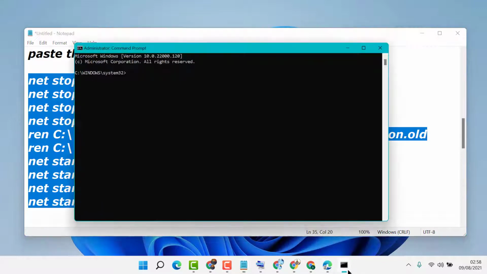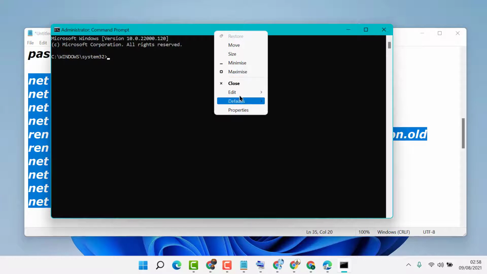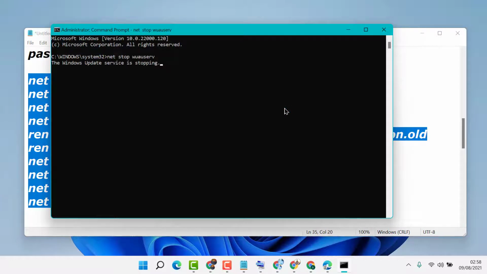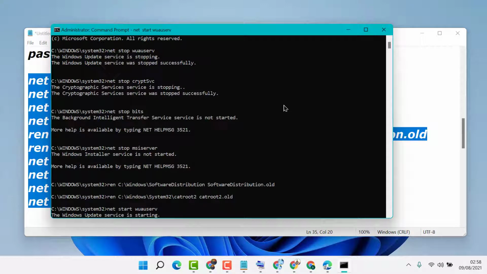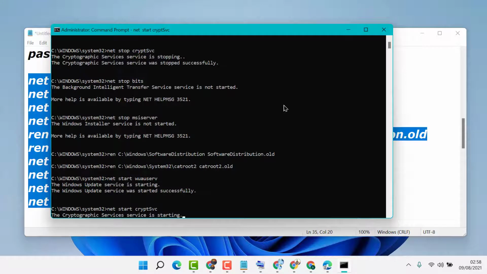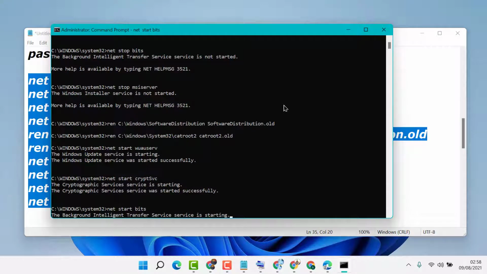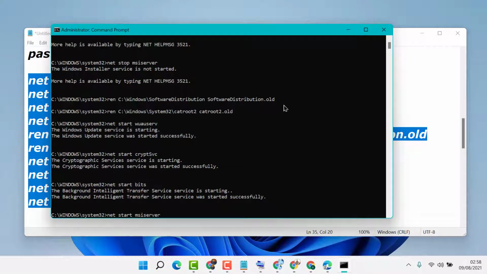So copy and paste here. Now wait for a while till this procedure is complete. Once this procedure is complete, you need to restart your PC. And if you are still facing the error, you need to try the fourth method.